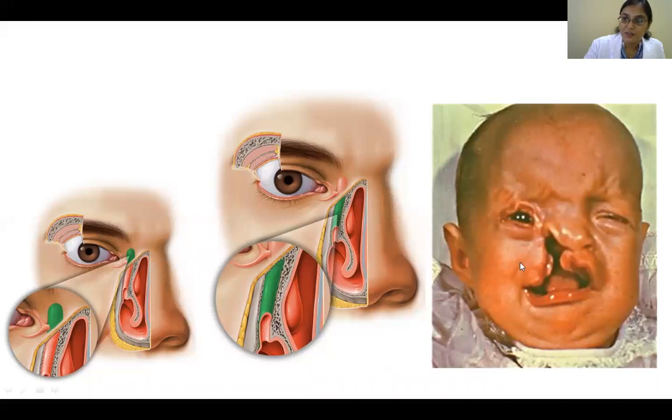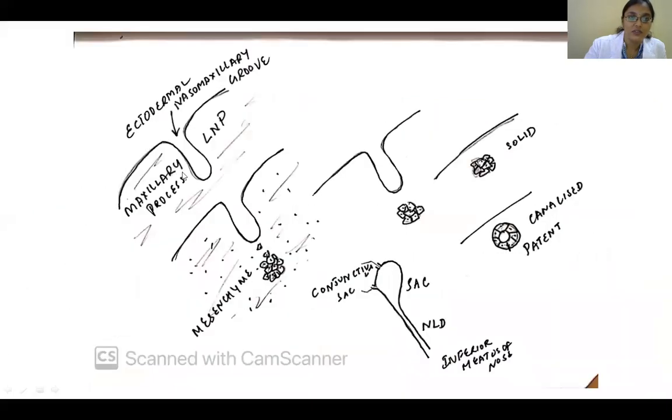Now look at this picture. Normally I told you there should be a fusion. How will this fusion take place? Once this has formed, slowly the mesenchyme seeps in, both of them exchange, and try to elevate this pitch. Then you get a smooth contour. That's the merging of facial prominences. That's why you don't see something dipping between my nose and my cheek, because the mesenchyme has proliferated and smoothened that part.